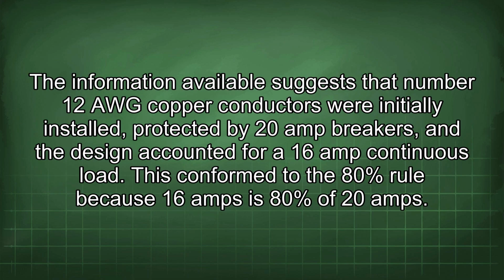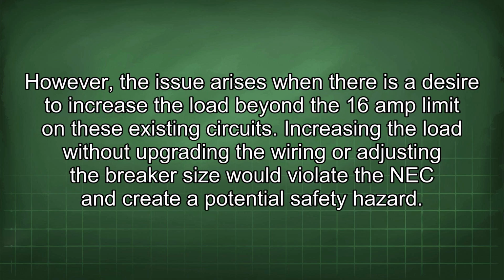The information available suggests that number 12 AWG copper conductors were initially installed, protected by 20 amp breakers, and the design accounted for a 16 amp continuous load. This conformed to the 80% rule because 16 amps is 80% of 20 amps. However, the issue arises when there is a desire to increase the load beyond the 16 amp limit on these existing circuits. Increasing the load without upgrading the wiring or adjusting the breaker size would violate the NEC and create